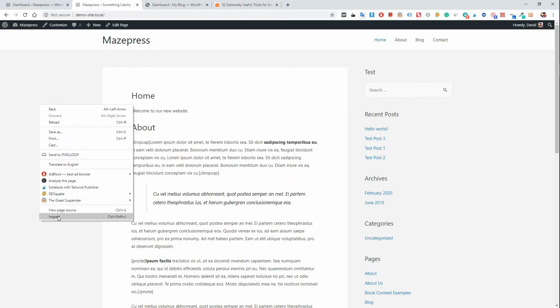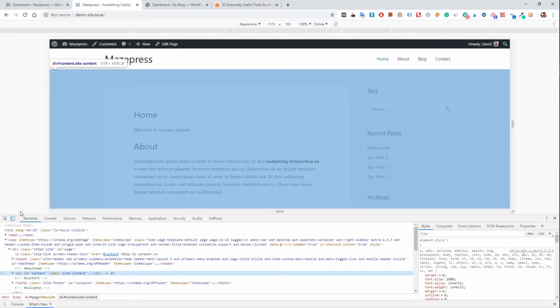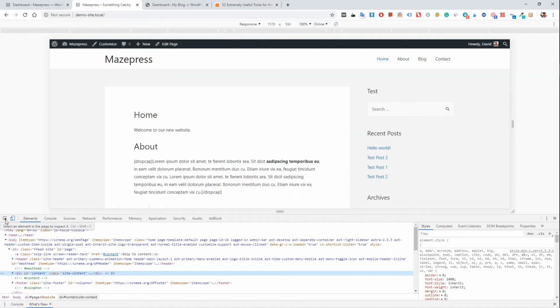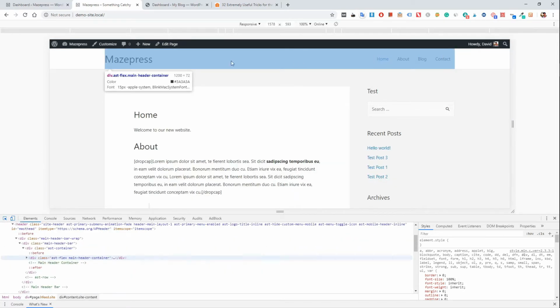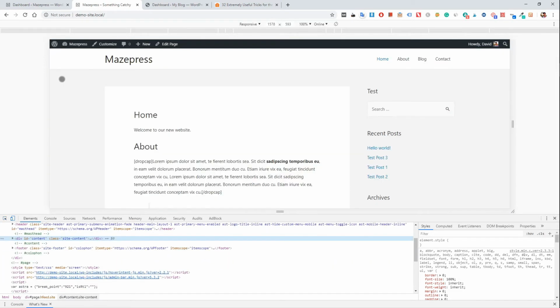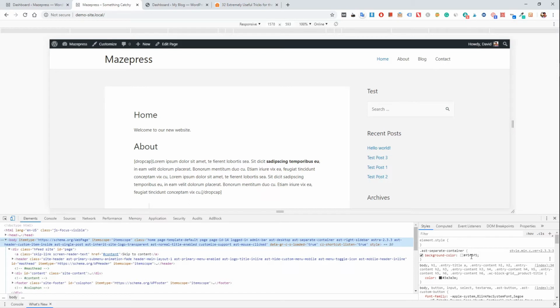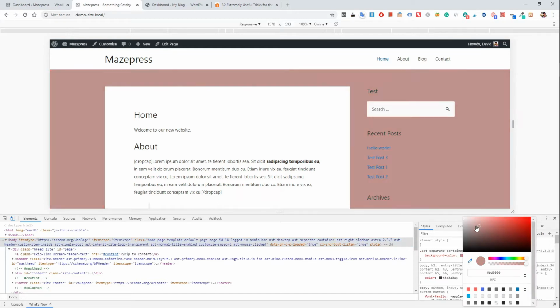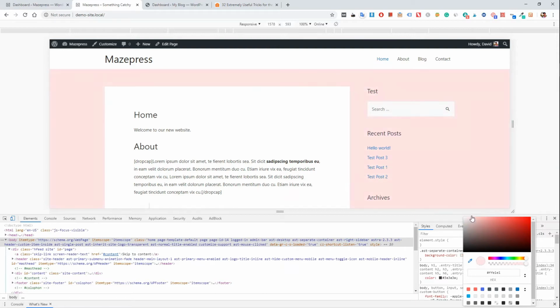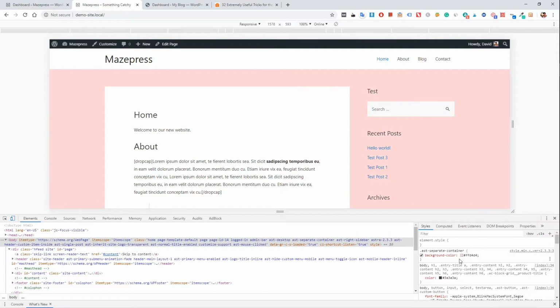So, let's right click and go to Inspect. I'm using Chrome, so this is Chrome's Inspect tool. If we click on this little Inspect Element button, we can then hover and find different sections that we could test different HTML for. So if I click on the background and then I scroll up and maybe find the body, we can see the background color here is set to this grey color, F5, F5, F5. I could choose something else just as a test. Say we wanted to do it pink as an example, and I could copy this CSS,